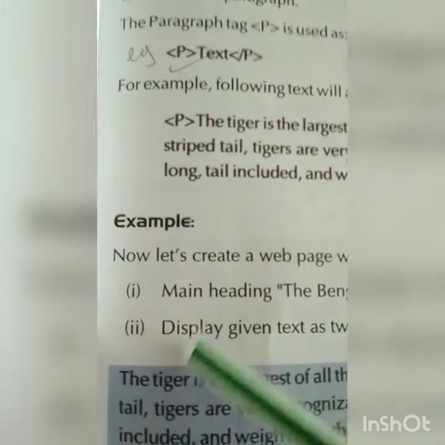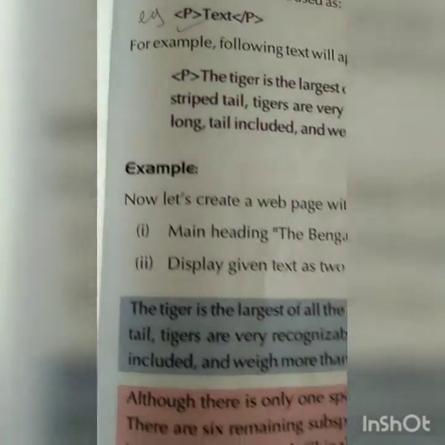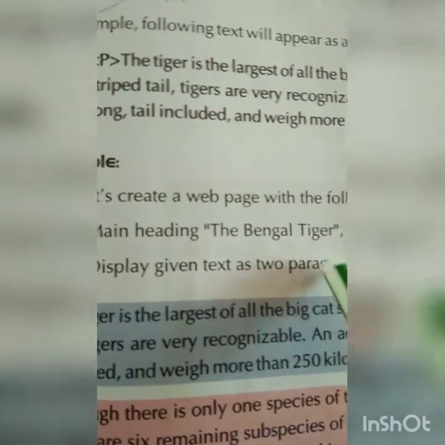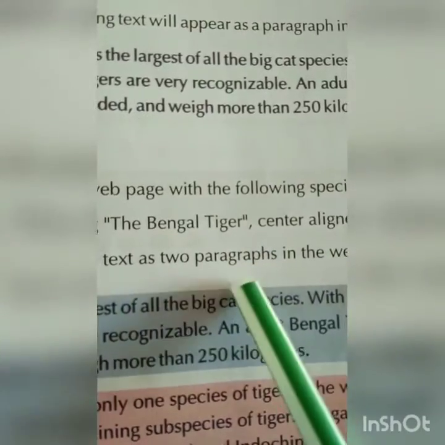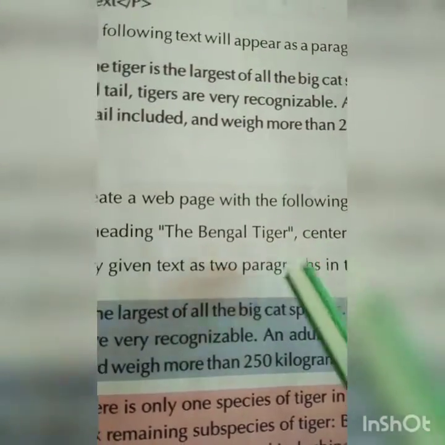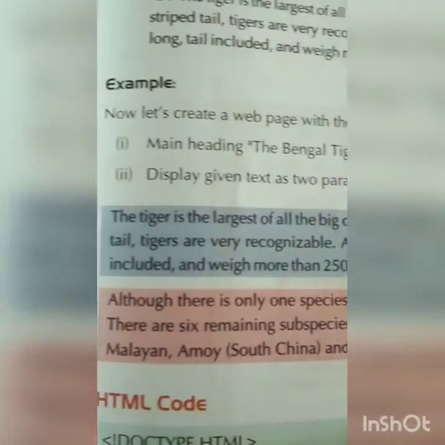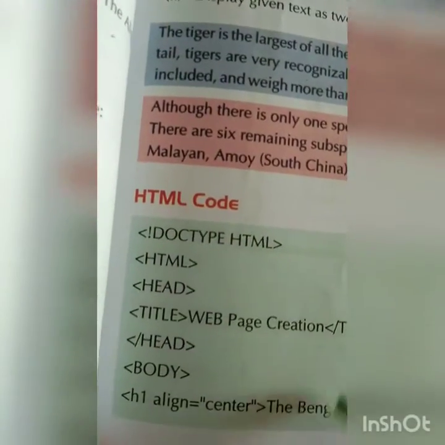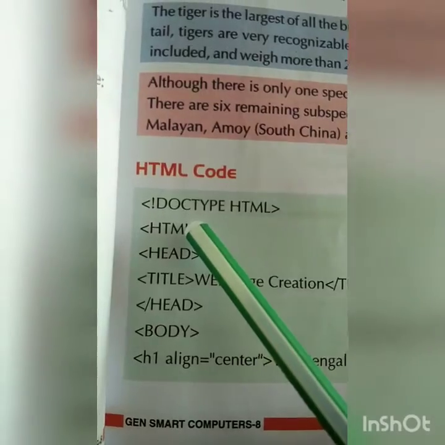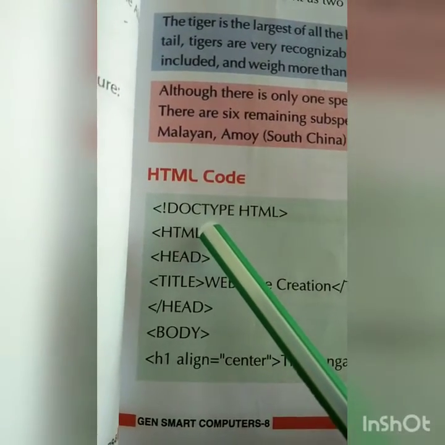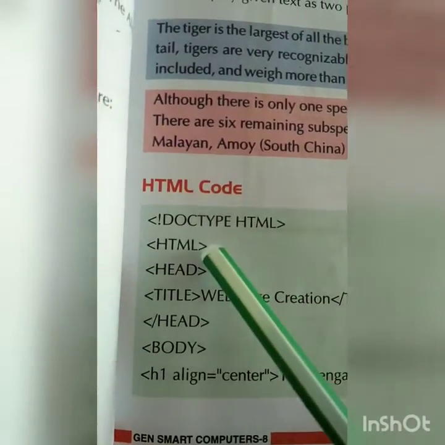Now another example is there, you are giving a heading, the Bengal tiger, and that also in center alignment, okay, and two paragraphs are there about the Bengal tiger. So how are we going to write? So the code is here, for example HTML code. First of all, what document are you making, but in which program?